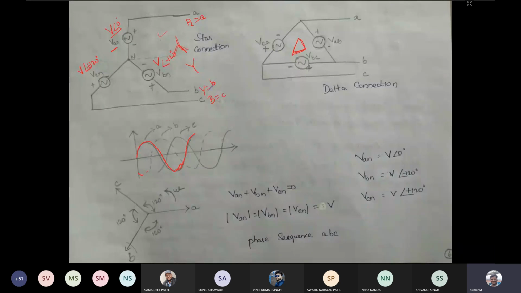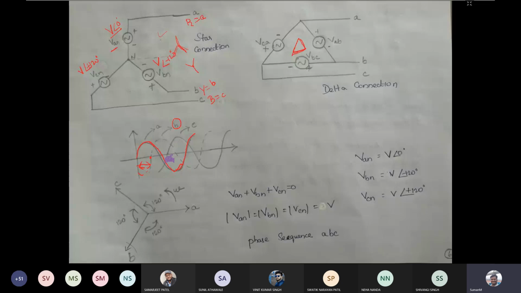Okay, like that they will say, or they will be telling it as ABC phases. So the first phase is having a sine waveform that is starting at 0. Then you are having the second phase, that is B phase, that is having a 120 degree lagging when compared to the A phase. And the C phase is 240 degree lagging